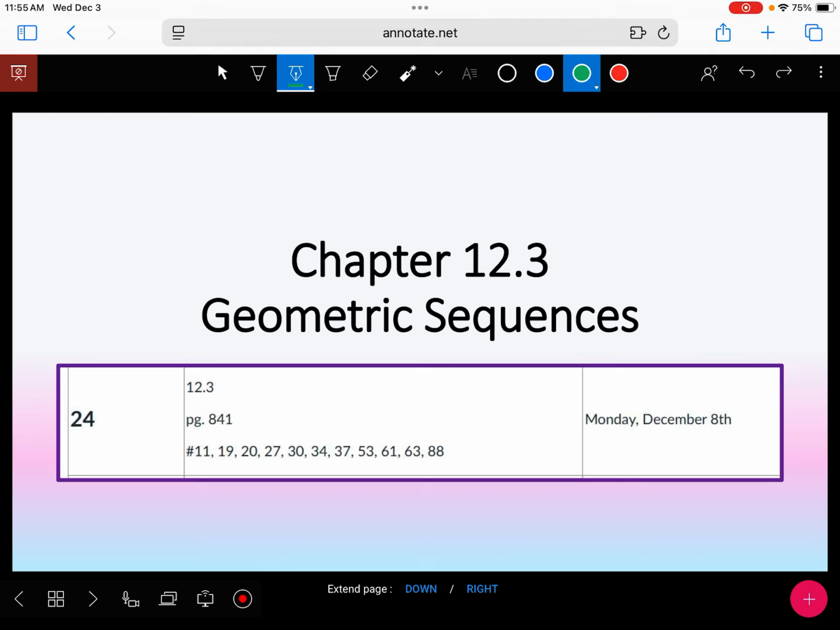Skipping questions, yeah. There's pages, questions that we're going to skip. Quite a few. All right, so